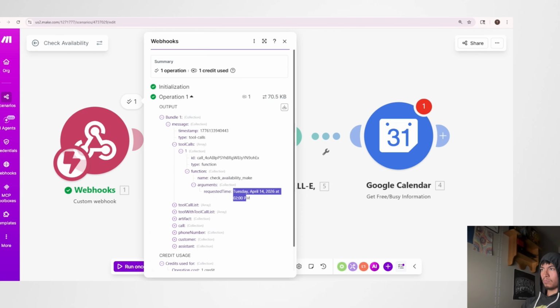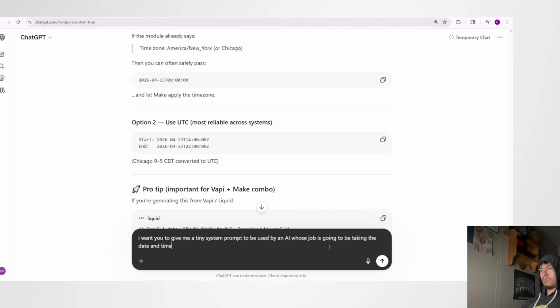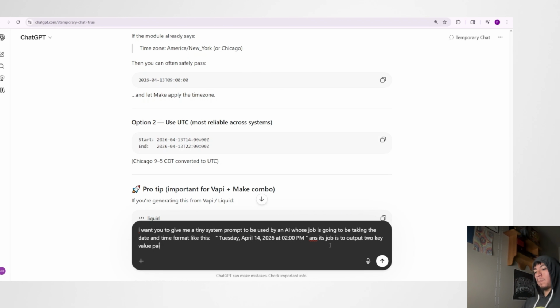I'm gonna copy the exact format, right? Because this is gonna be the same format that it comes in every single time. That's what we told our AI to do. So I'm gonna say it's gonna be taking the date and time format like this, and I'm just going to throw this in quotations. And its job is to output 2 key value pairs